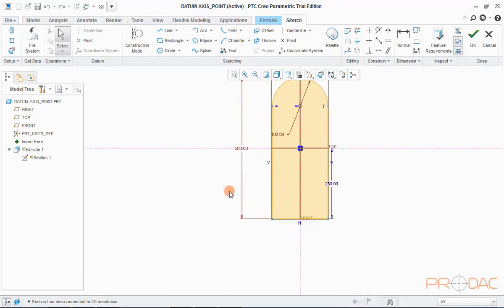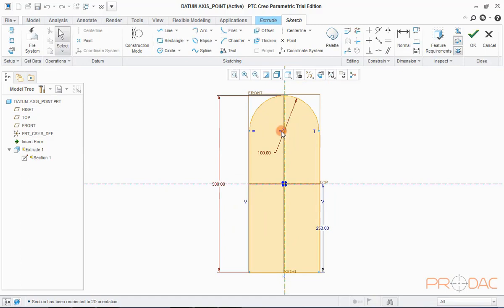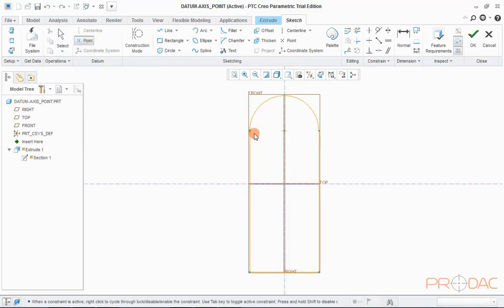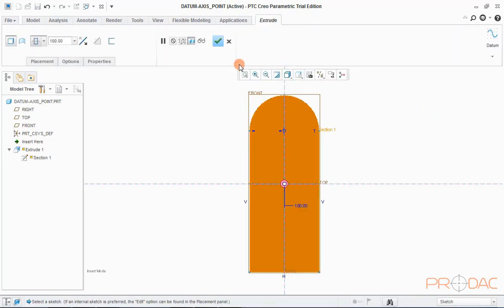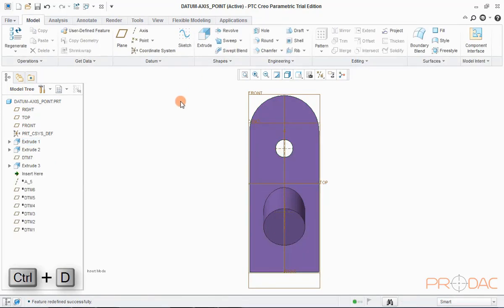Now, select the option Point from the top menu. Now, click at the center of the circular profile as shown. A point gets created at the center. Now, exit from editable mode by clicking on this green arrow. Press Ctrl+D to fit the model in the display area.